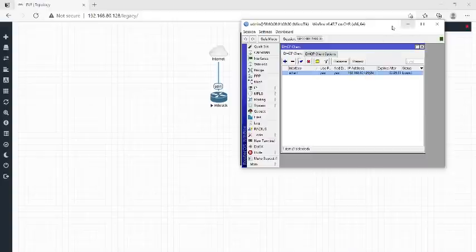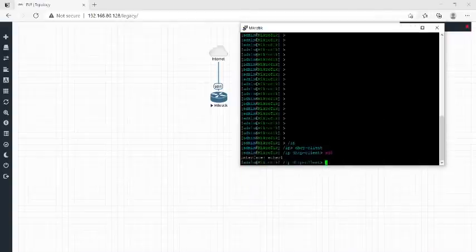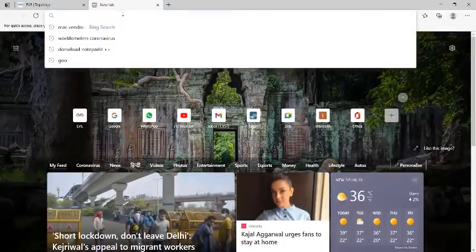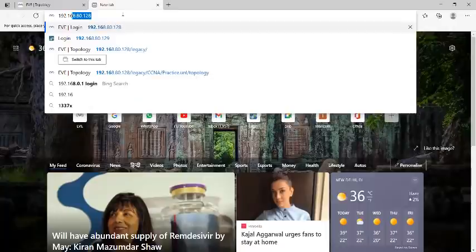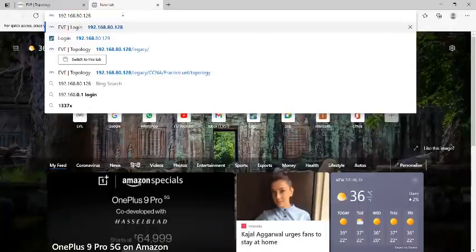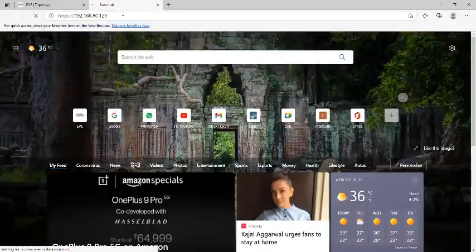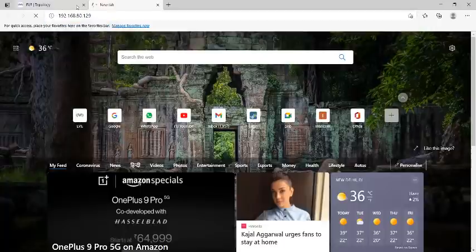So we have three ways to access the MikroTik. One is Winbox, second one is CLI, and the third one you can get the access of the same device in your browser. So let me show you 192.168.80.129, which is the MikroTik IP address. And again it is putting the S. Just remove the S,